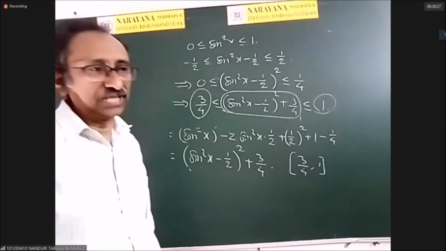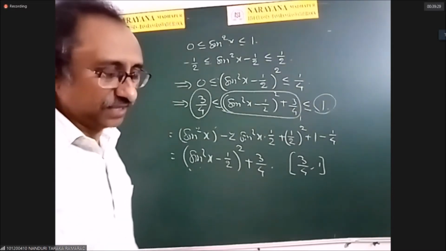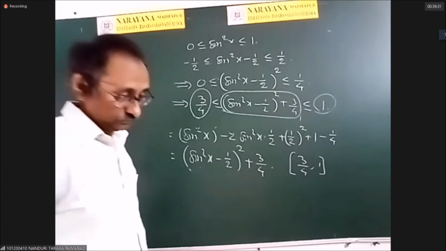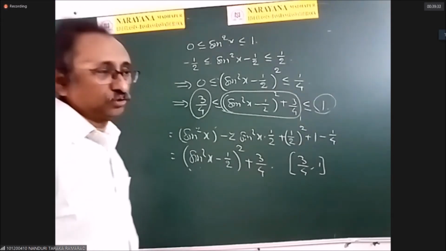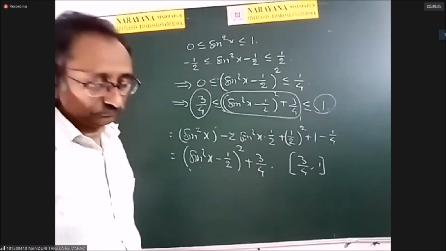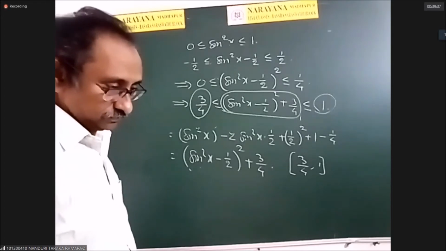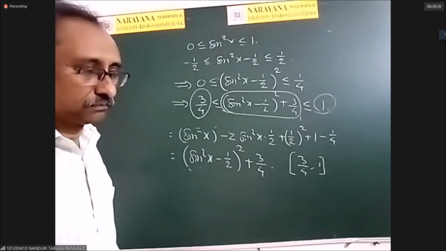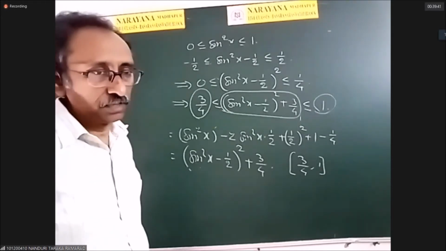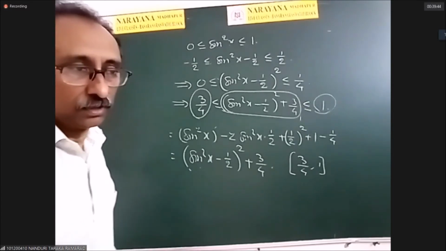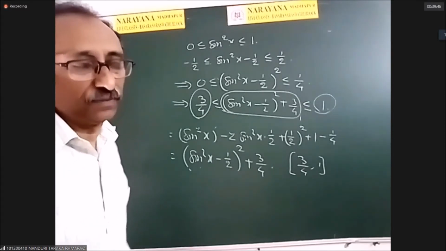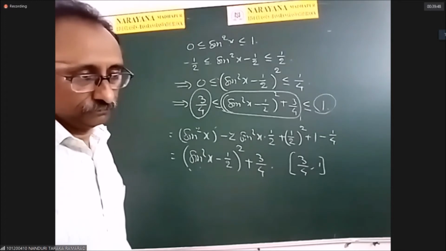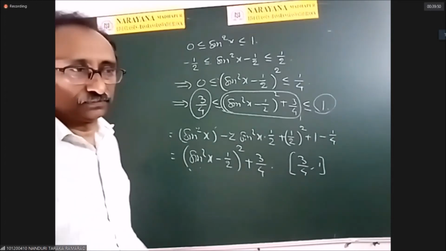Now can you give me the range of sin x? Minus 1 to 1, closed interval. So if you square those numbers, what will you get? Sir, if we multiply minus 1 and 1 again, we should get minus 1 and 1. You square a negative number, what will you get? 1, sir. Yes.